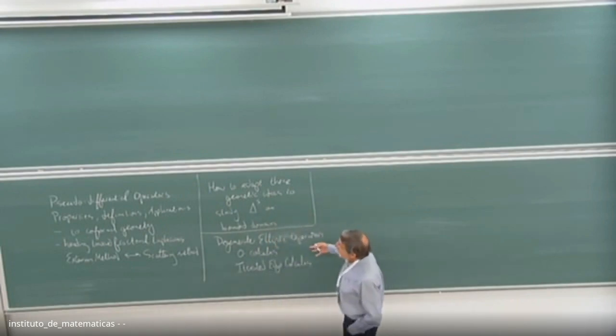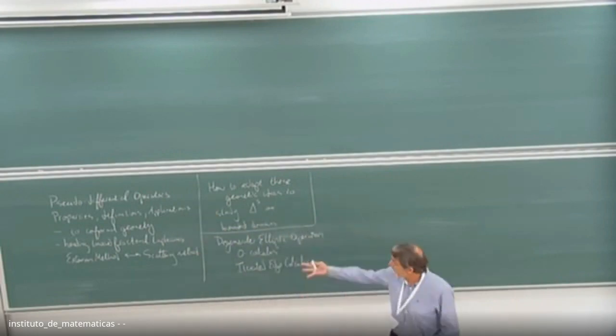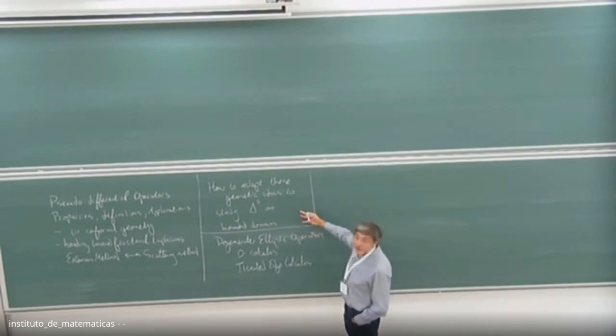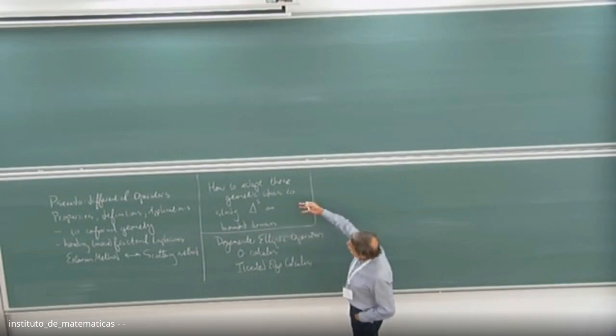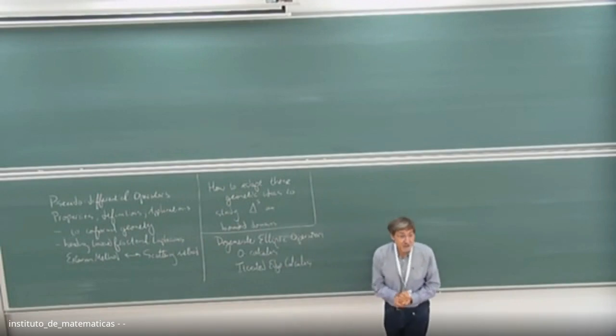So the zero calculus is what's necessary to study some of these problems in conformal geometry that Alice will be talking about in the scattering method. And the iterated edge calculus will be necessary for studying this. Namely, this is for studying degenerate pseudodifferential operators when there's an interface on the boundary. So when you have a sharp interface in data.